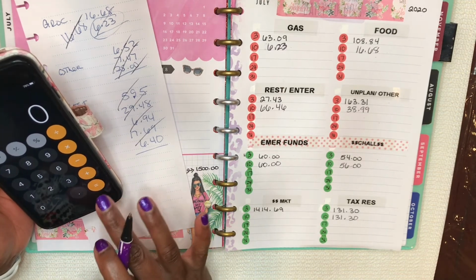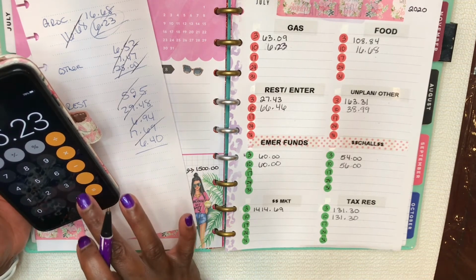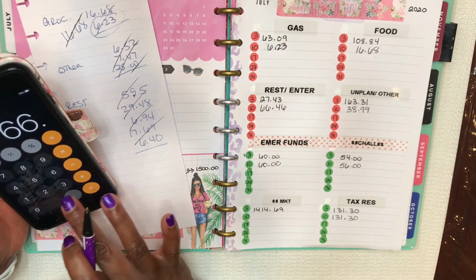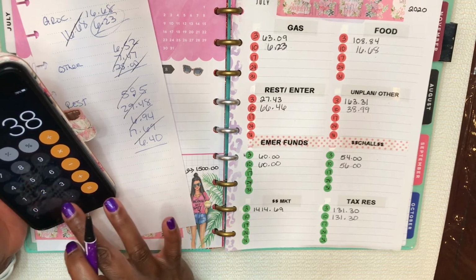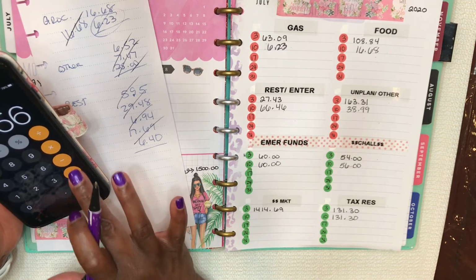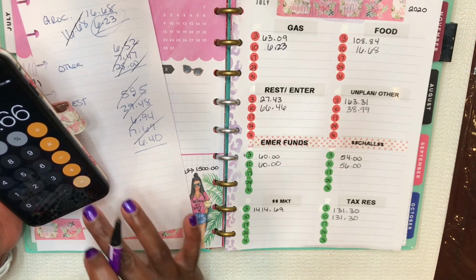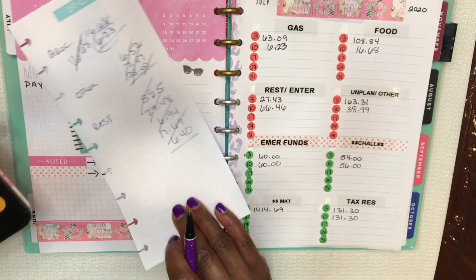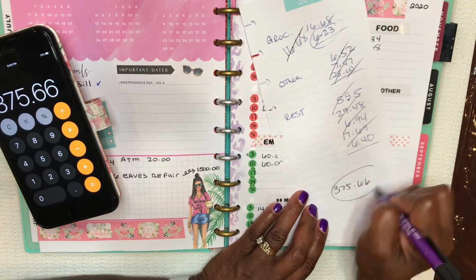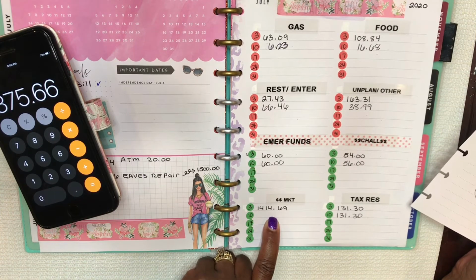Okay, so we've got 6.23 plus 16.68 plus 66.46, 38.99, 60, 56, and 131.3 equals. So our expenses this week was only $375.66. All right, so now if you notice, we did not put any money into the money market yet, and